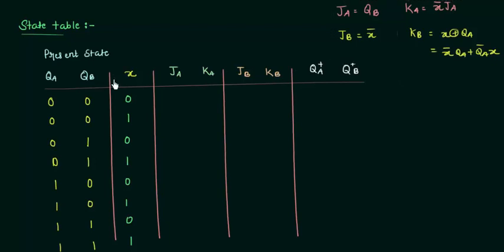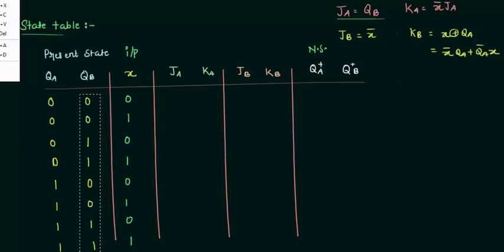Fine. Now you can see the present state is QA QB. X is my input and QA plus, QB plus is my next state. So let's find out what is the next state by using the characteristic table of the JK flip-flop. For that we have to find out the values of JA, KA, JB and KB. So let's start with JA. J is simply QB. So whatever be the value of QB, it's going to be JA. So I will copy QB and I will paste it